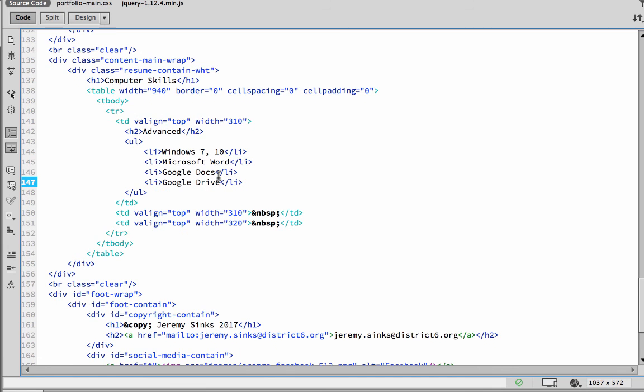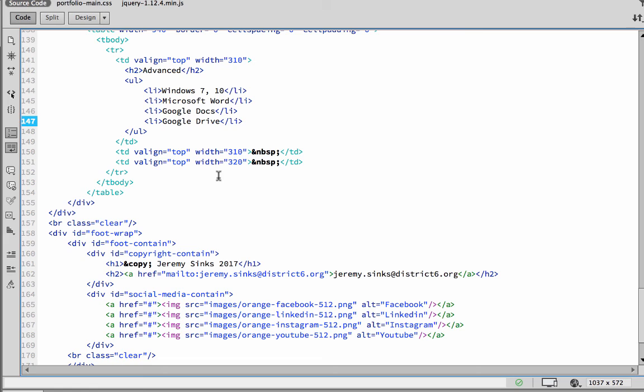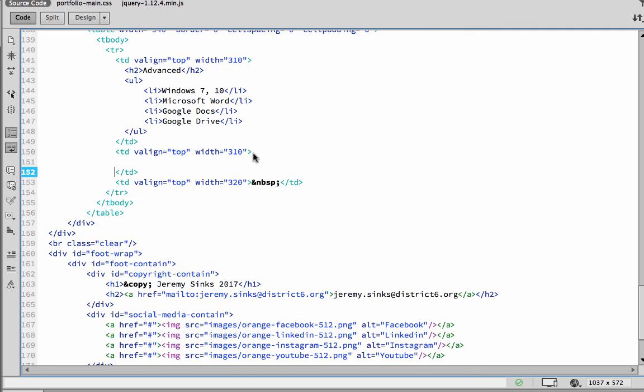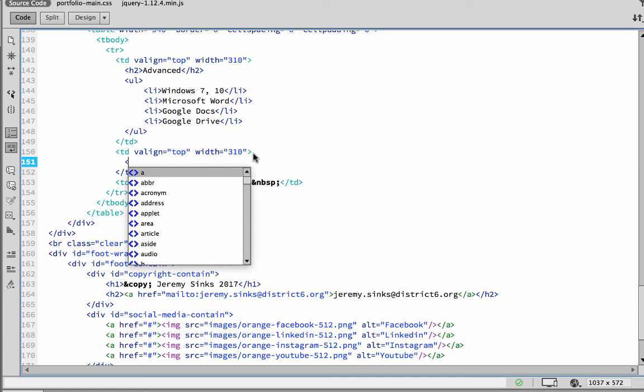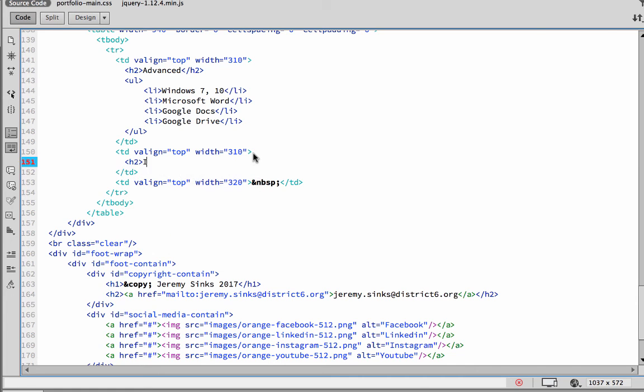Okay, so there's my advanced skills, and then I need to go down to my next column and do the same thing. So I'm going to find where that next column is, where I have the end space there. I'm going to go ahead and just delete out that end space real quick, highlight it and delete it, and hit the enter return key a couple of times. So then I have my spacing that I need, and tab in, and we're using an H2 tag for intermediate